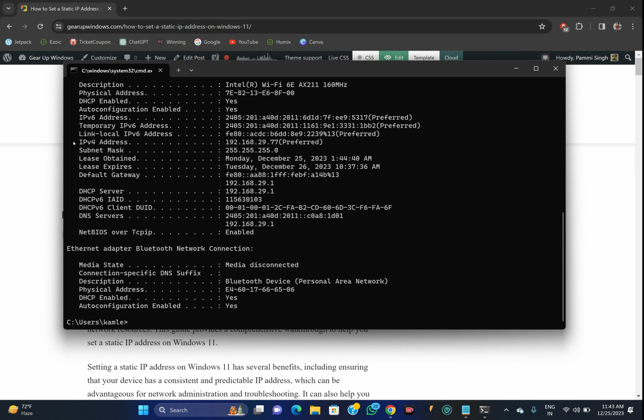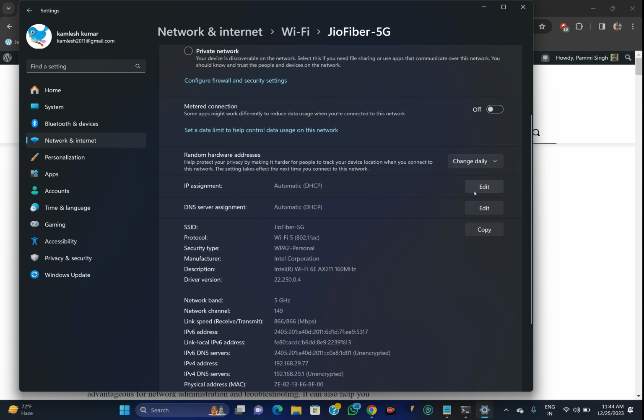Here turn on this toggle switch, whatever you are using, and then click on this arrow button. Here you will find your connected adapter option, such as in my PC it is JioFiber. Just click on this option and then scroll down and find the IP assignment option. Then click on this edit button beside it.